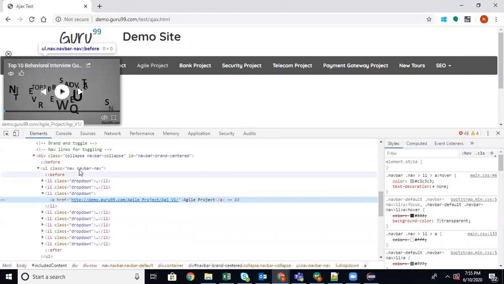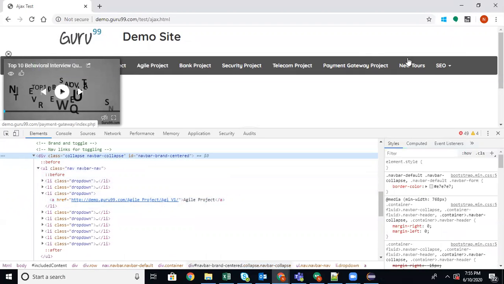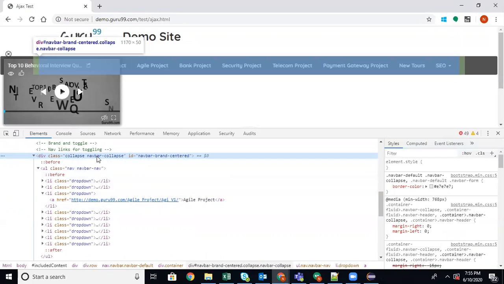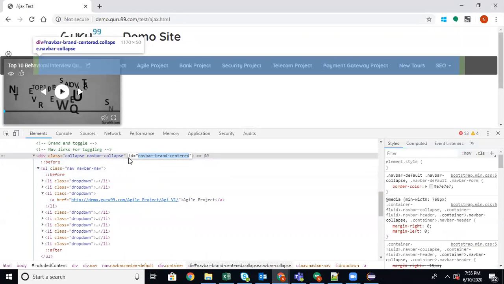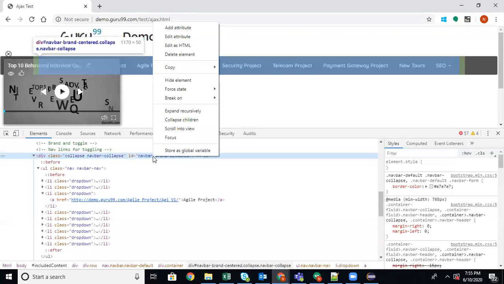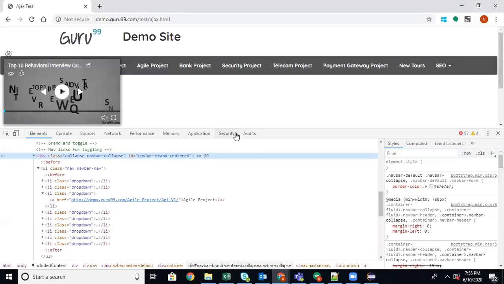Now see, this is another web element. If you see this particular one, the entire thing is being highlighted. So you can identify the entire bar using an ID. You can say ID equal to some value. So the locator is the ID of this complete tab, and the value is given here. This value should be unique. If you doubt that it gets duplicated, then you can right click and copy the XPath of this element. The XPath will be unique.